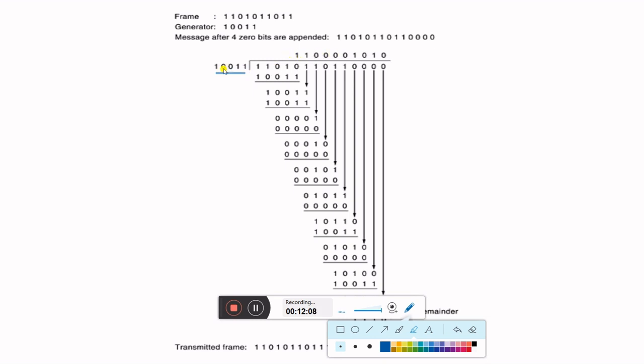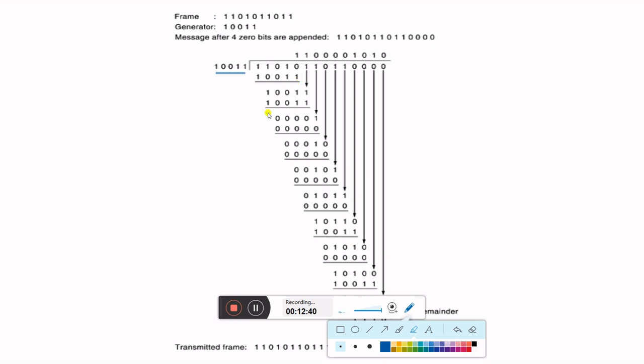So when 10011, here if we write 1, the same bit stream will be written here. Here CRC is a modulo 2 operation. In modulo 2 operation, we do not take the complement. We do not subtract. We use here